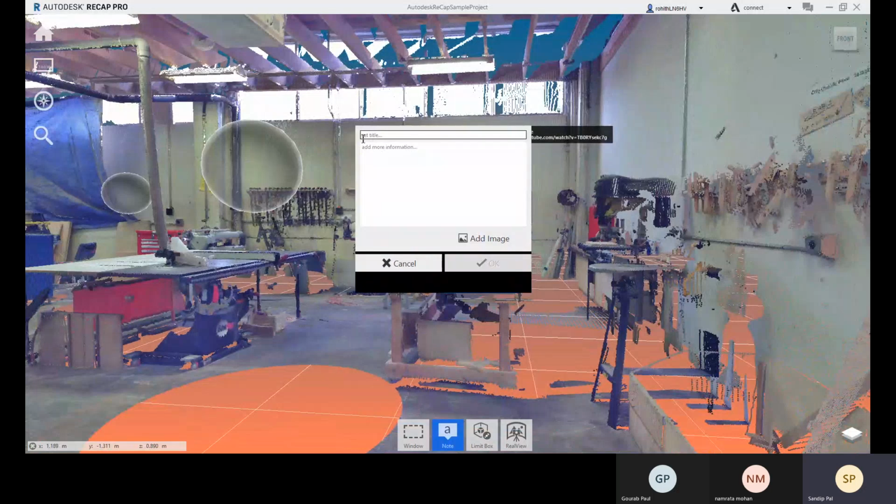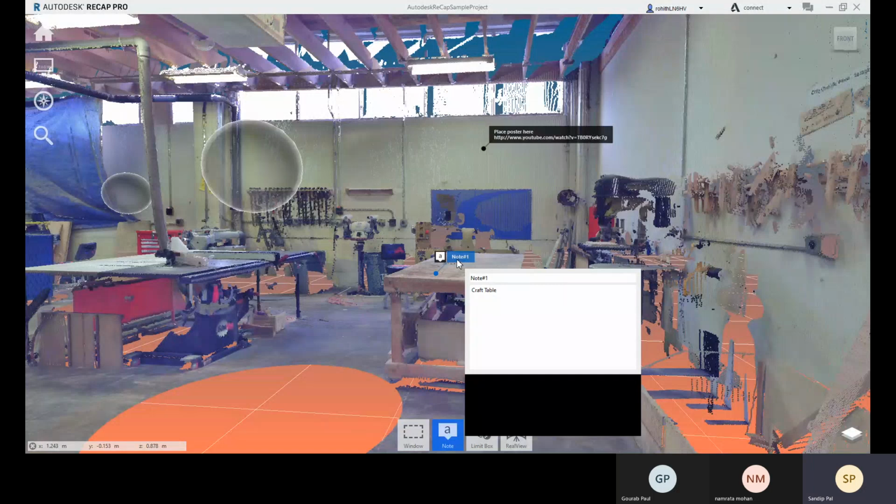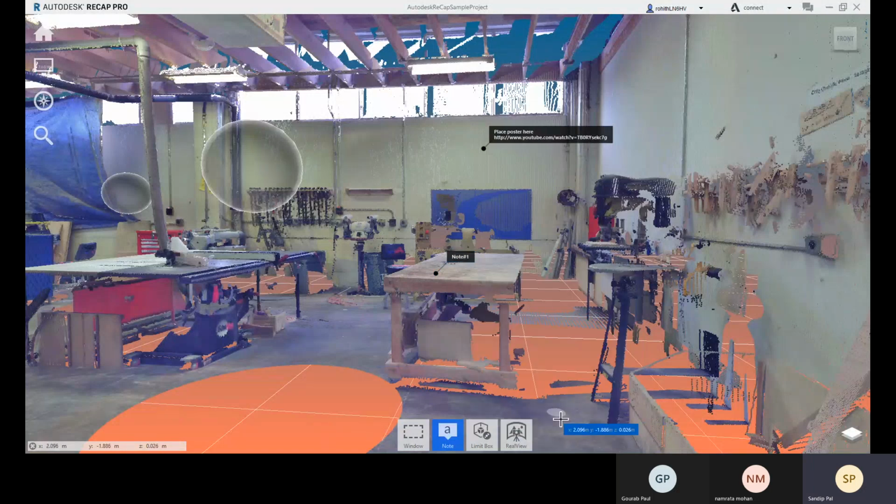So here you can specify this as note 1, and there you can put the name, like let me name it craft table, and you go for OK. And whenever you will hover your mouse, you will see it. Okay, so that's how you will be adding your notes.